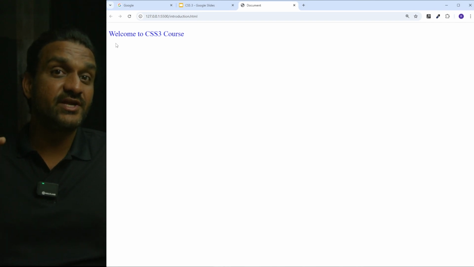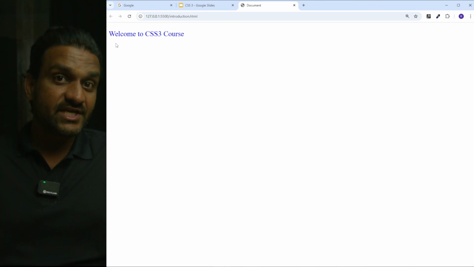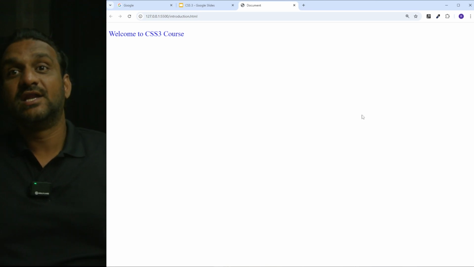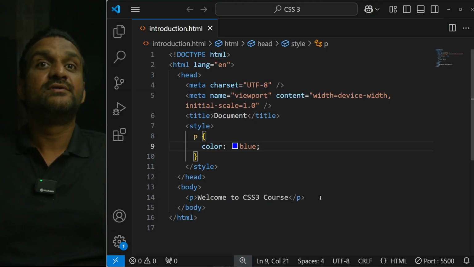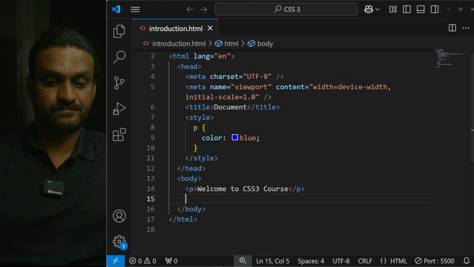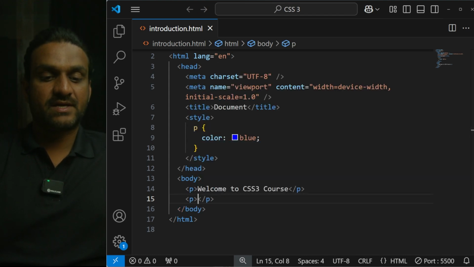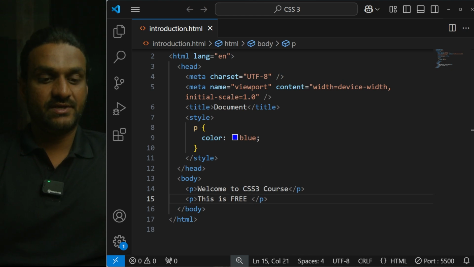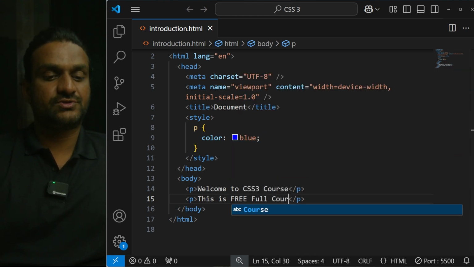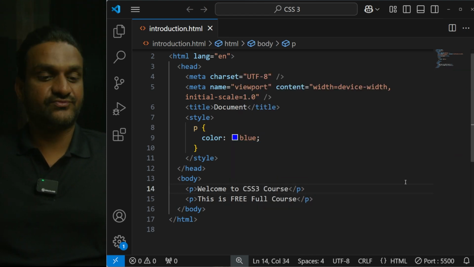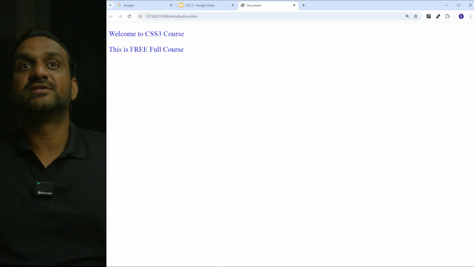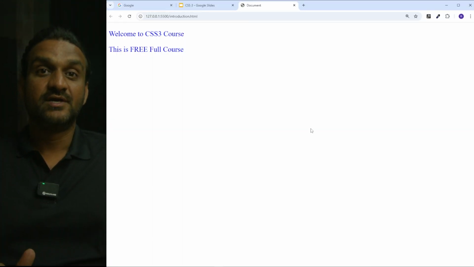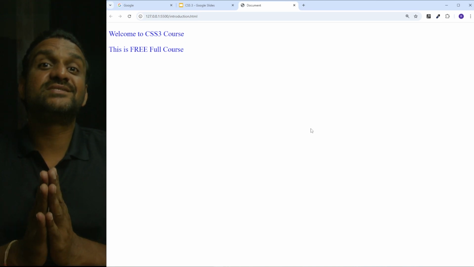Now what we will do is create another paragraph and check whether these styles are getting applied to that paragraph or not. Let's create another paragraph, and the content is, this is free full course. Let's check whether this is also getting, yes, this is also in blue color. So this is how we can style